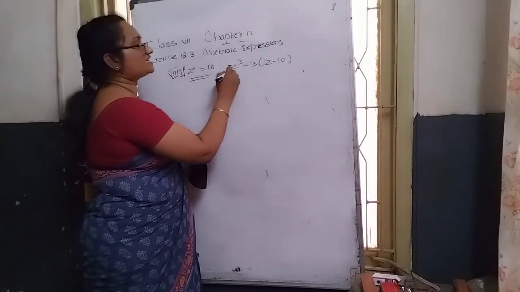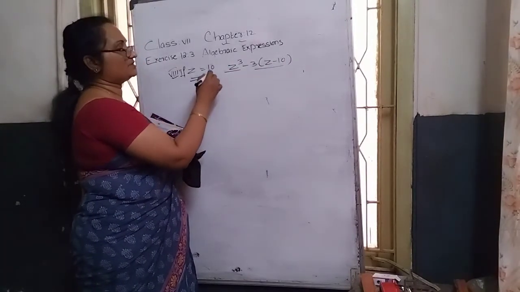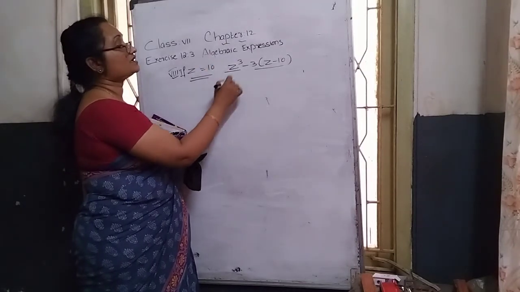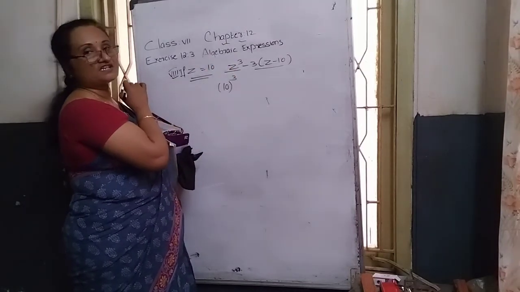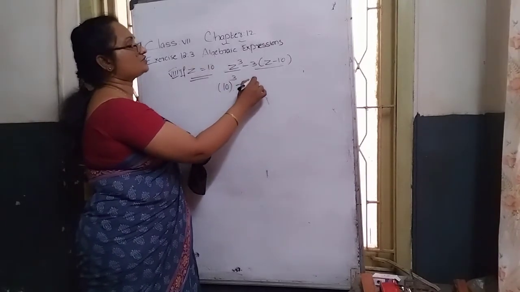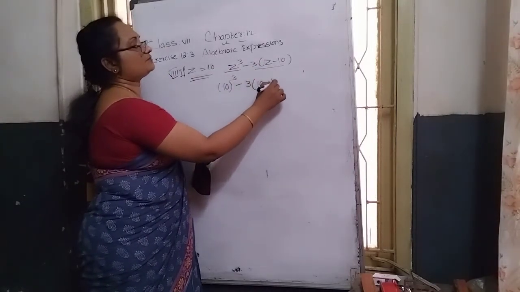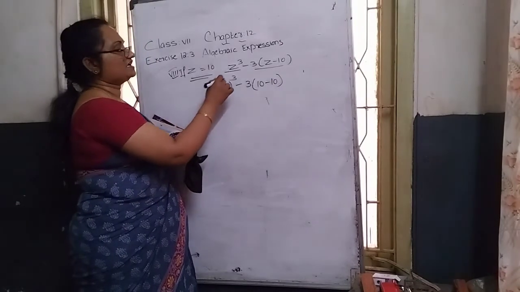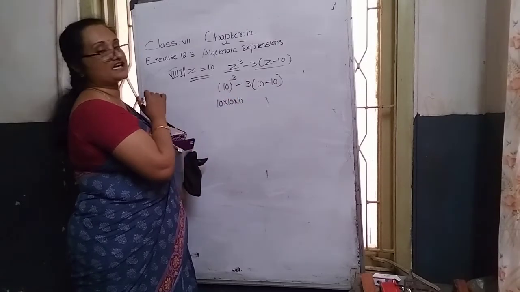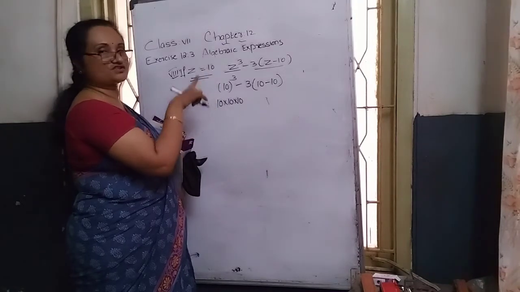Here how many terms are there? This is the first term, and this is our second term. In the first term, the variable z is there. In place of that we put the value 10, but what is the power? The power of z is 3. That's why, after placing the z value, we also mark the power as 3. Minus 3 into, again inside the bracket z is there. In place of z, which value? 10 minus 10, close the bracket. Again 10 the whole cube, what is the meaning? How many times is 10 split and written? 3 times separately.